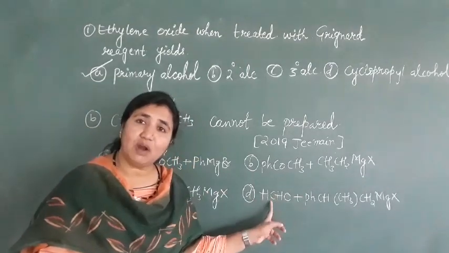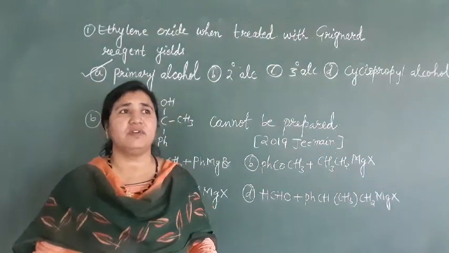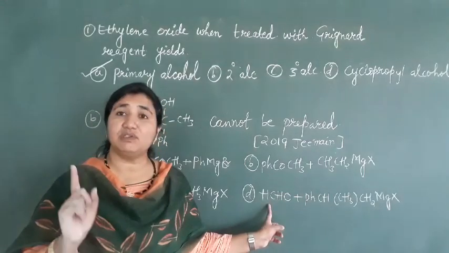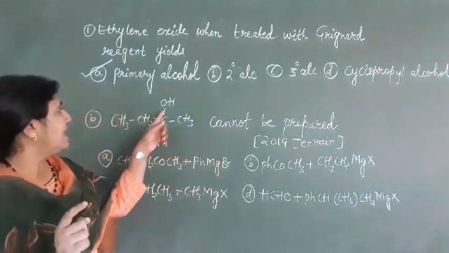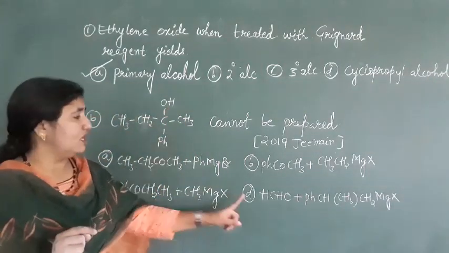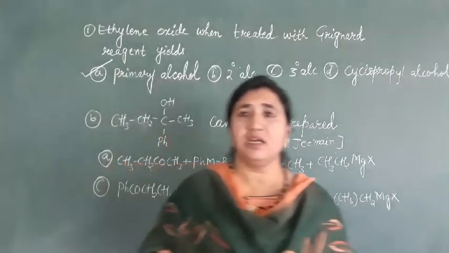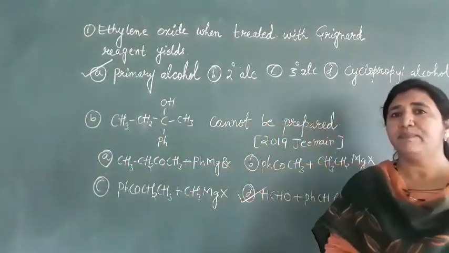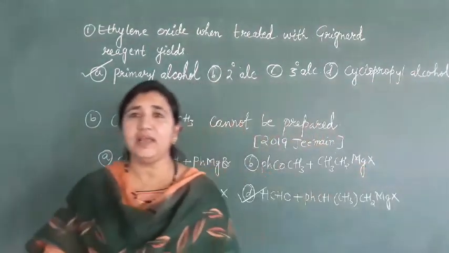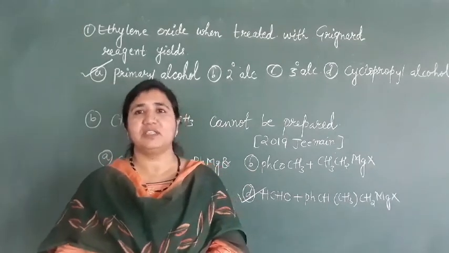Now option C, formaldehyde is given, and it is our Grignard reagent. No need to do the reaction. If you know the concept clearly, formaldehyde gives a primary alcohol. But here in the answer we have a tertiary alcohol, with OH attached to this carbon. So formaldehyde always gives a primary alcohol, so this product cannot be prepared. No need to do the reactions also. So those are the key points of this Grignard reagent method. This is all about the preparation of alcohols from Grignard reagent. Thank you so much for watching.